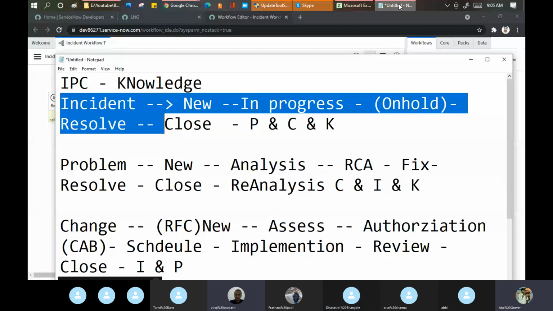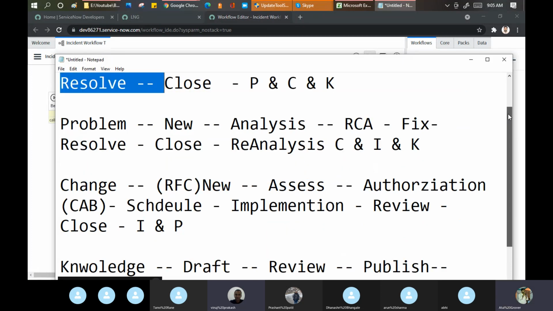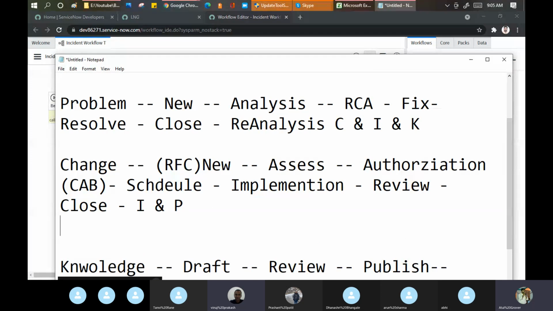How many types of changes do we have? Yes, Nikhil Bansal, change manager. How many types of changes do we have? Yes, Vinod.